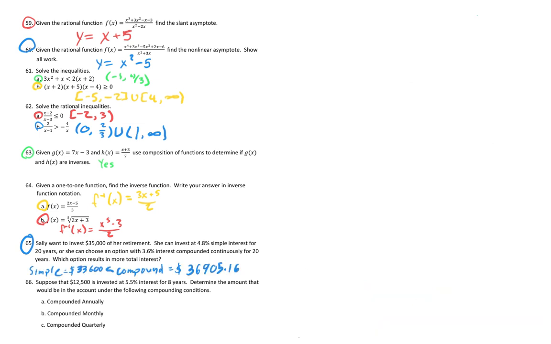All right, now looking at question 66. Suppose that 12,500 is invested at 5.5% interest for 8 years. Determine the amount that would be in the account under the following compounding conditions. I'll start with A, compounded annually. First thing we need to know is our compounding equation that we want to use. Since we're compounding multiple times throughout the year, we want to use the equation A is equal to